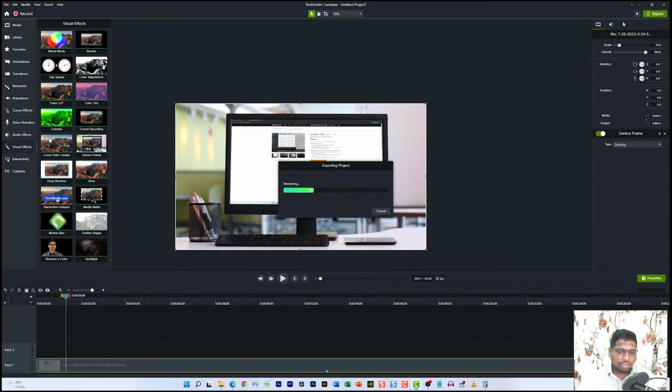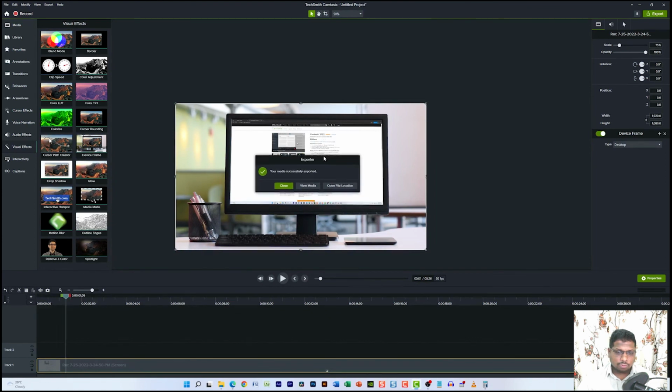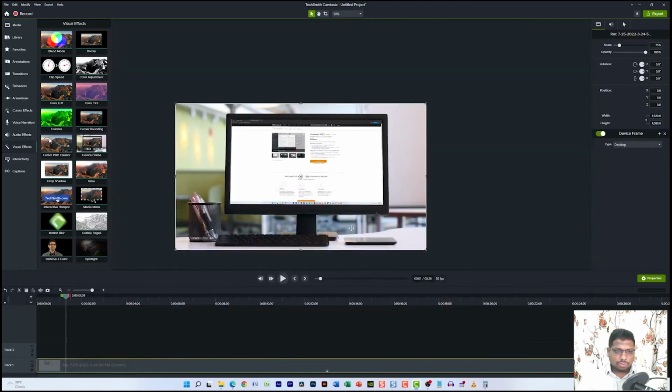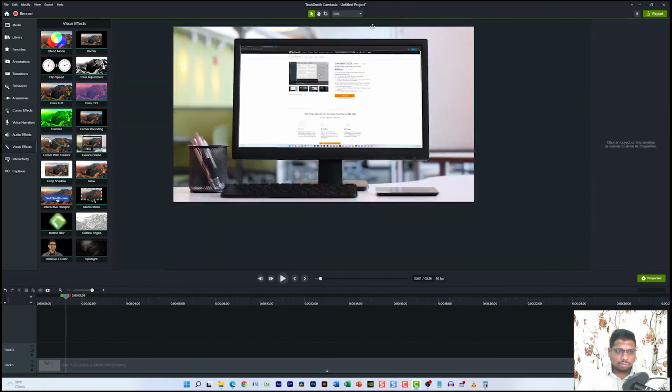As soon as the export button is clicked, it will start rendering the project, and the final file will be an MP4 file. Once the export is completed, Camtasia will show you a pop-up in which you can close the pop-up, or open the file location where the file is stored, or you can view your media. I'm going to click on view the media to see how my final recording looks. It looks like an amazing video and ready to be uploaded online. I'm going to close this media player, and I can now save the project, or start a new project,